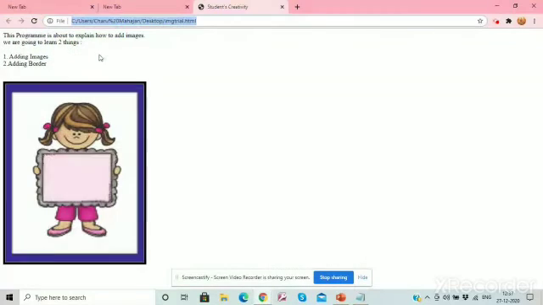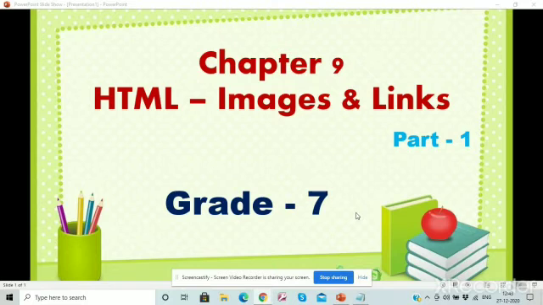Again run the file. It will add the black border to your image. In this picture, border is already there, but if there is no border, it will add the border in black color to your image, so it will be separated from the text. So you have learned how to add an image to your web page.